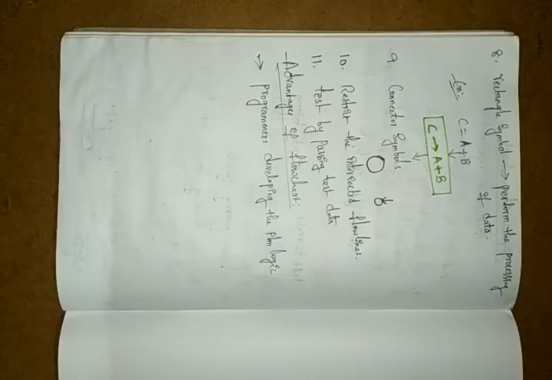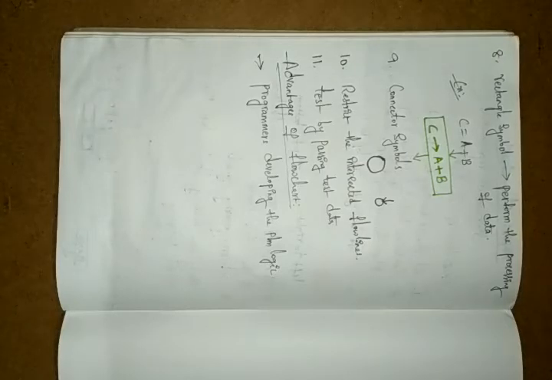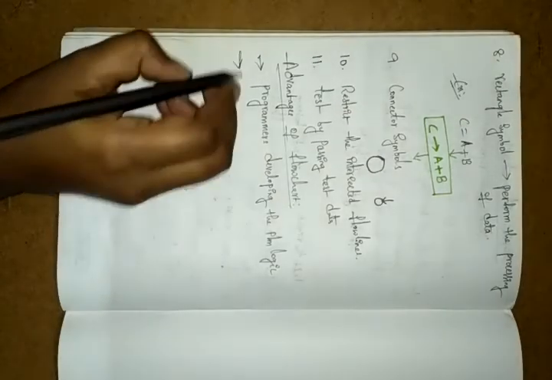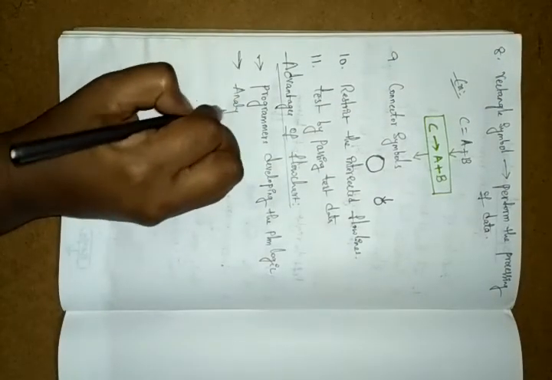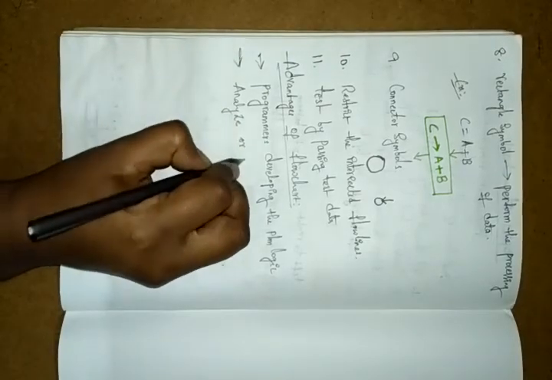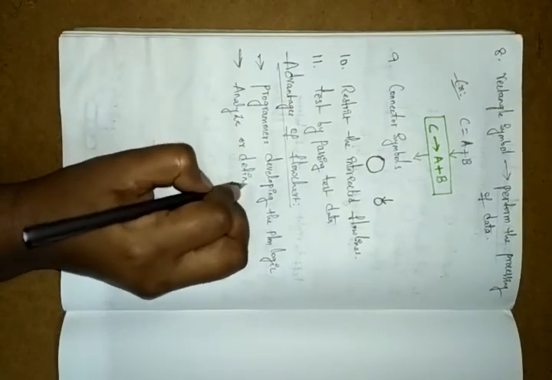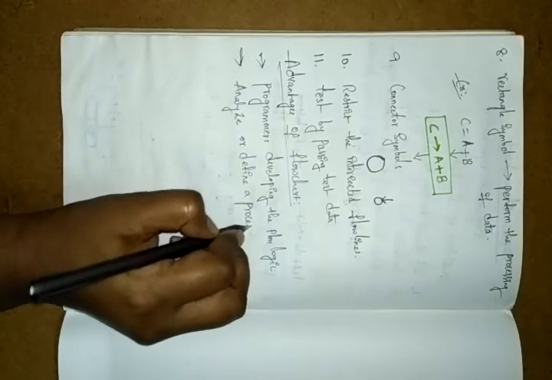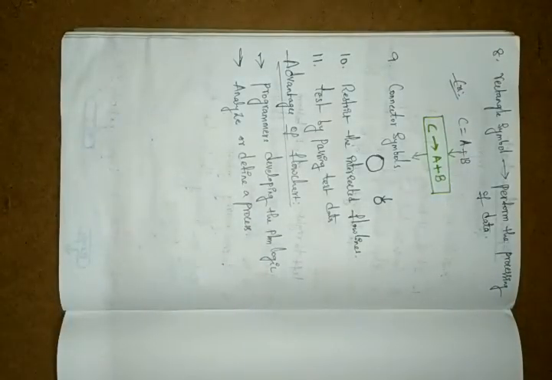Next, it is used to analyze or define a process, whatever you are designing. We can analyze it easily, and we can also define why we are using these steps and what the use of each is. Everything we can define by the flowchart diagram. So in the second point, analysis is easy, and we can define a process, whatever it may be.